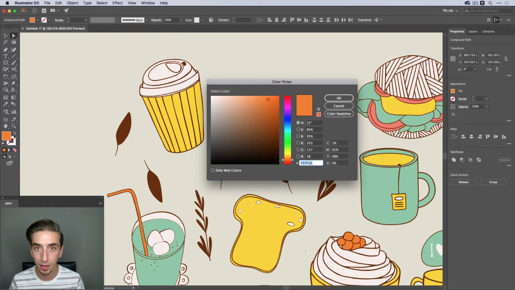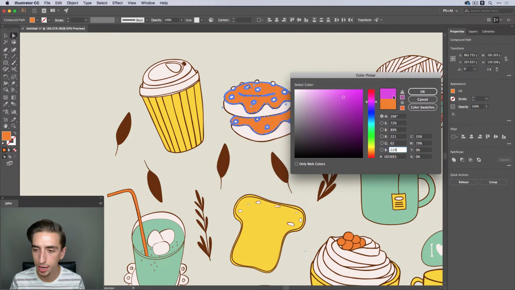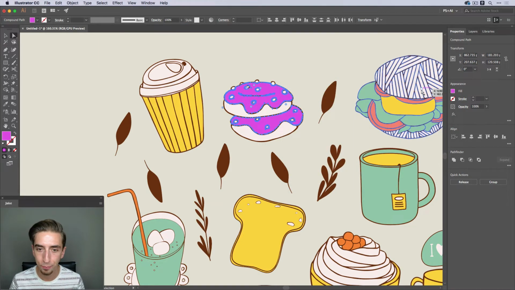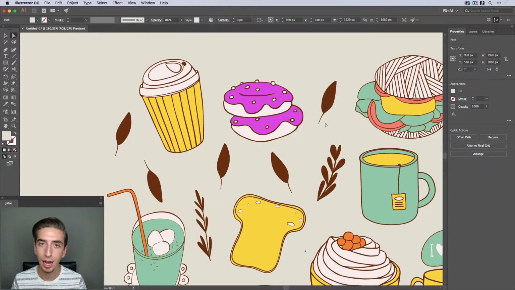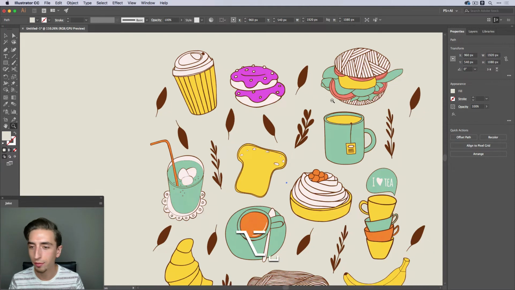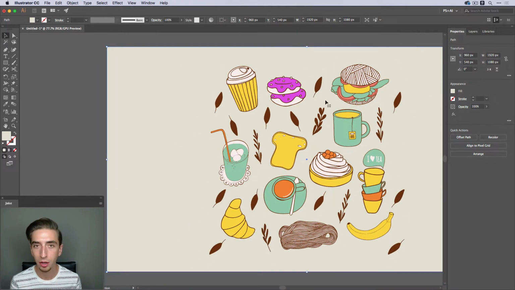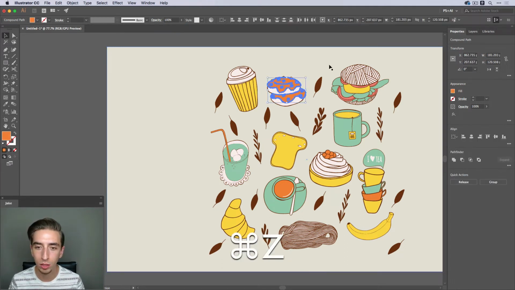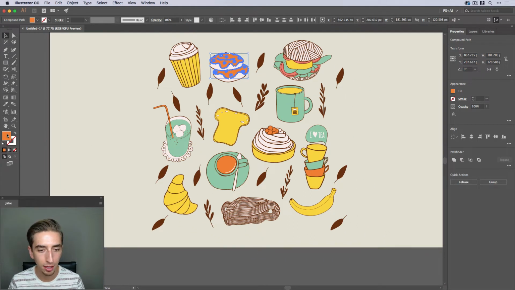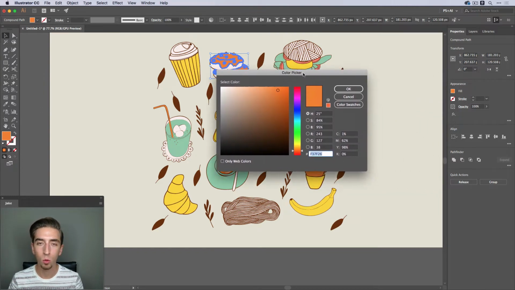Then I'll double click on that color picker, and right here, my hex code's already selected. I'll paste that in, click off of it to see how that's going to update, and then click OK. And just like that, I was able to copy and paste that color over without having to remember any numbers. It was all stored in the clipboard of my computer. Very easy to do. Okay, so I didn't actually want that color for that donut, so I'm just going to undo that. I want to jump back into the color picker one more time just to cover one last section,